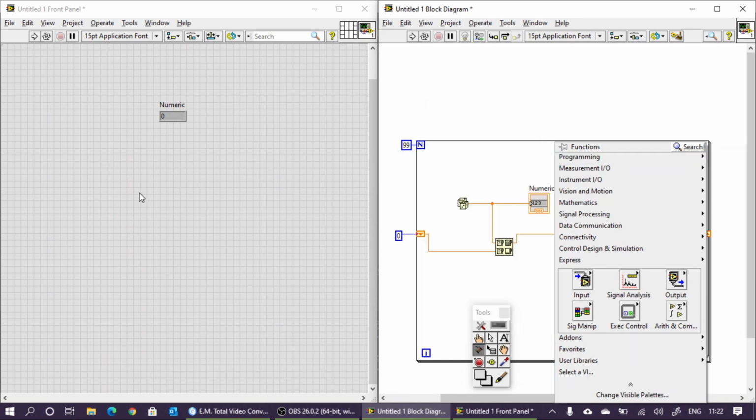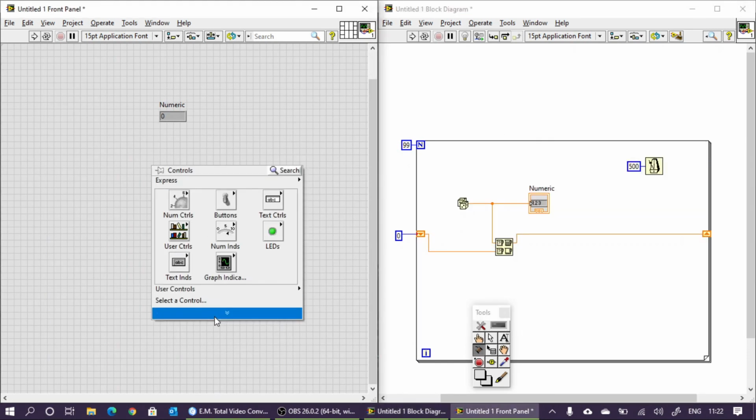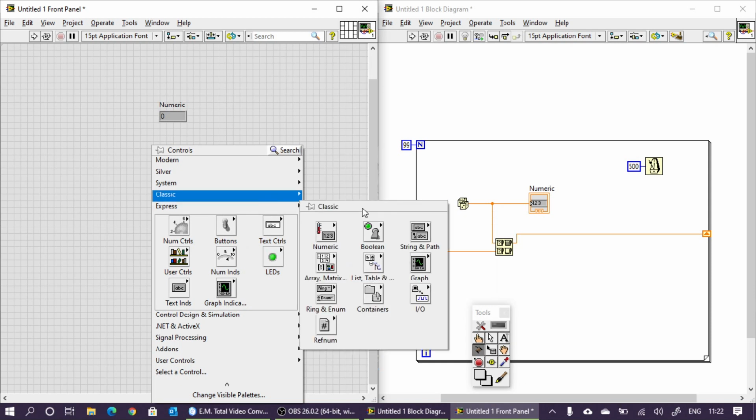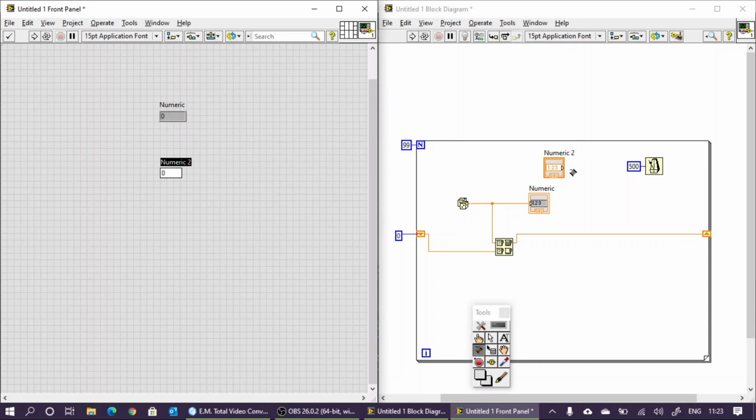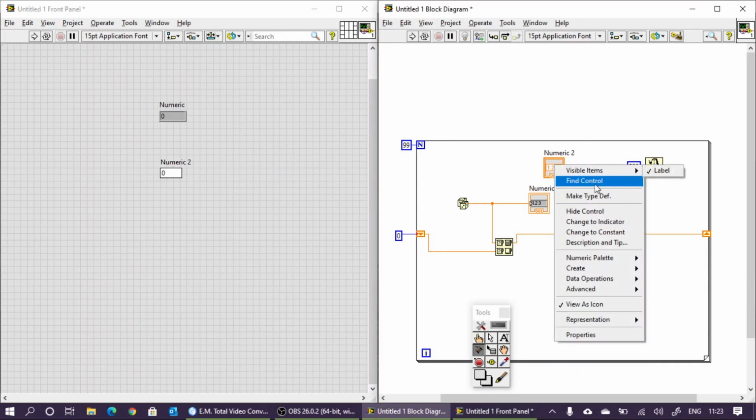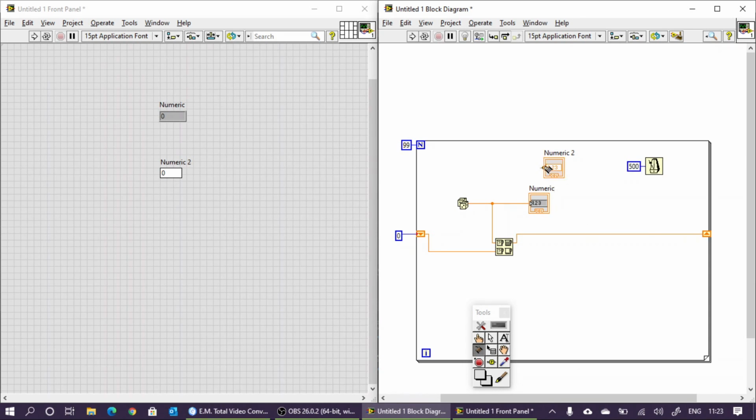Programming. Okay. So here we are going to display this. So class A, I am going to select this one. Please note this is a controller, meaning it is giving data. I want to change this one to an indicator. So click the right button here. Now you can see change to indicator. So press this one. So now this one is converted to an indicator. Now connect this one to this value. Okay. Now run this program.